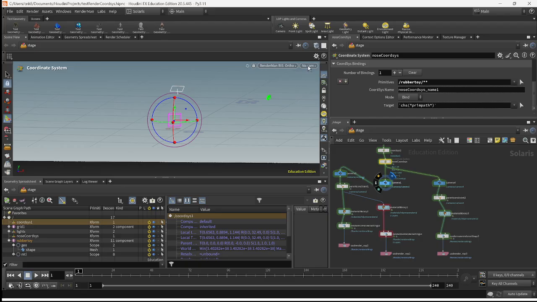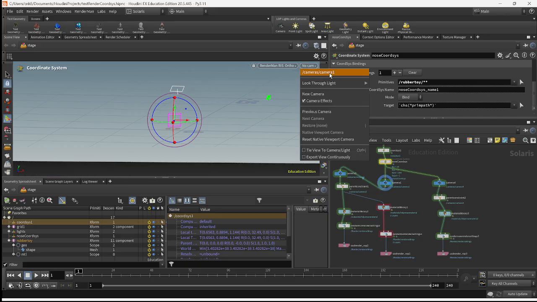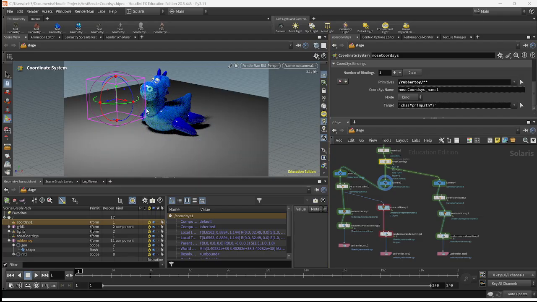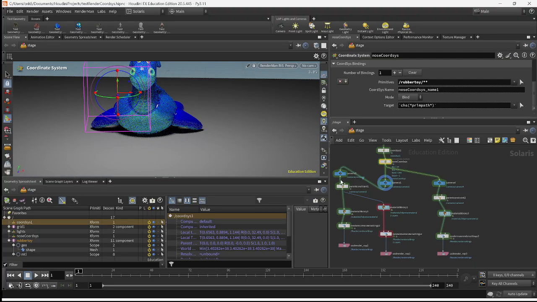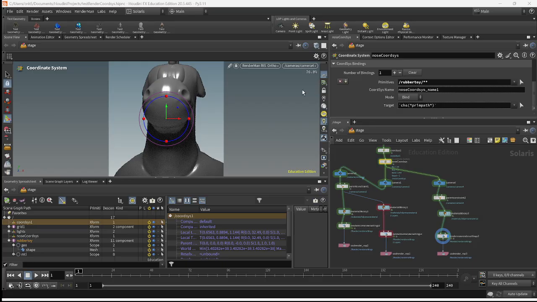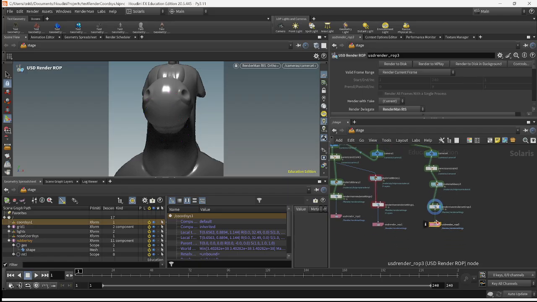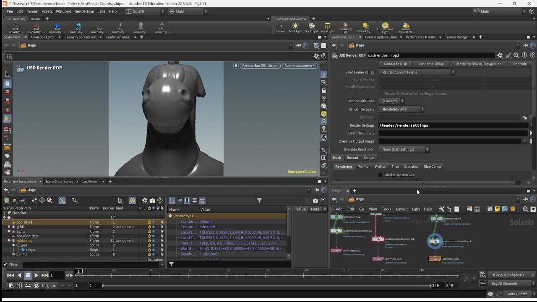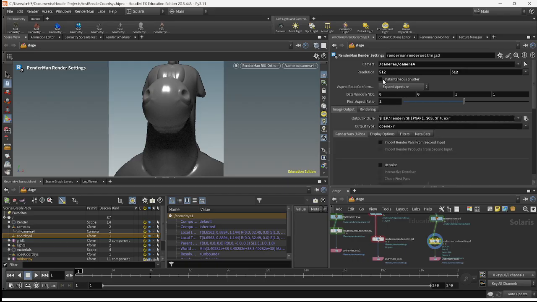We can look through camera 1. And now we can see, yeah, totally in the wrong place. Select our nose coordinate system. Gonna move it over. Now if we go back to here, and we render from camera 4, there's our orthographic render, centered on the nose. Okay, so I can save this with the render settings, and the output picture is, we're just going to call this